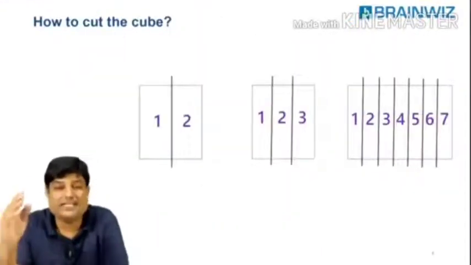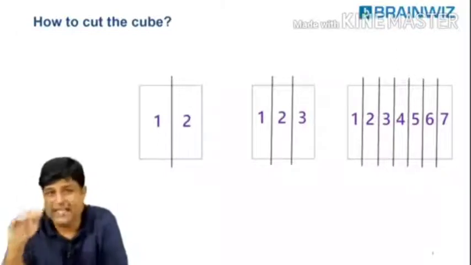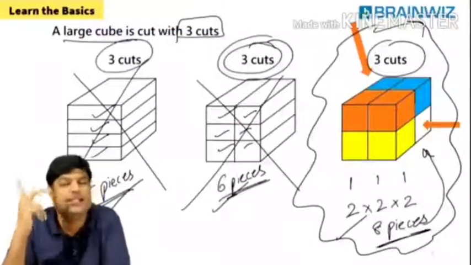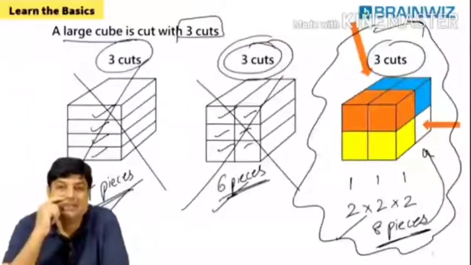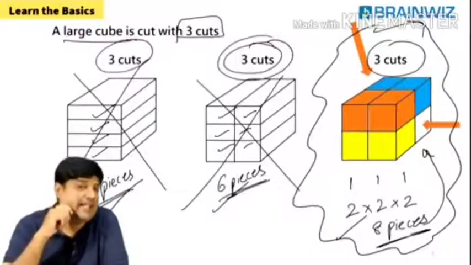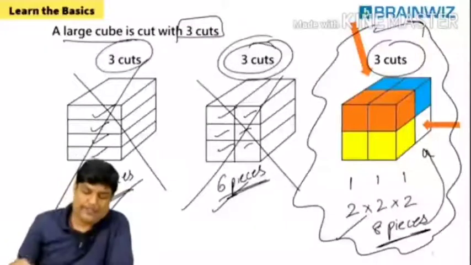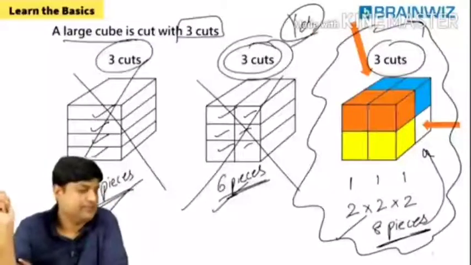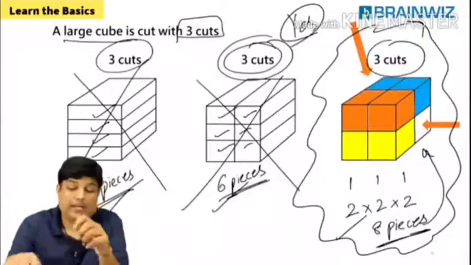If you see that, this is only paper. Paper has only 2 axes, X and Y. But do you think this is a paper? No, it has got X, it has got Y, it has got Z. Understood? Say yes. Enough, you have studied a lot. Say yes. Clear? Now let's move forward.